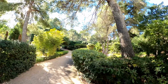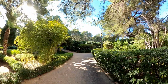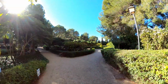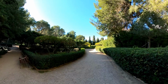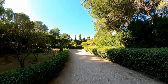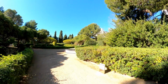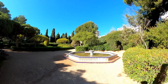We're right by a main road, so hopefully we'll get away from the noise of the road and into the tranquility of the gardens. So it is really strange that even though we live so close, it's somewhere we've not been to. The gardens have actually been open to the public only in recent years. It's been about 5 years or so, and the comments that I've read and views that I've seen is that the gardens are actually very well kept,